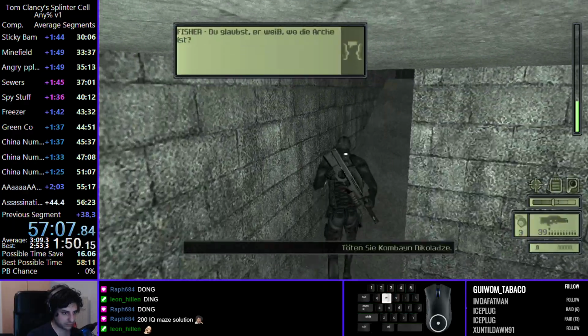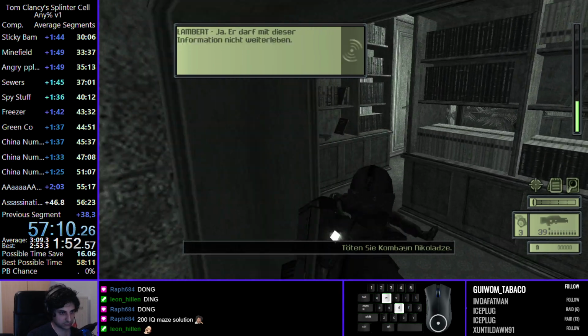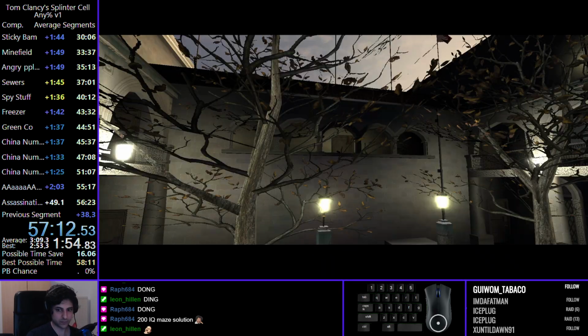Nicolas darf nicht entkommen. Du glaubst, er weiß, wo die Arche ist? Ja, er darf mit dieser Information nicht...